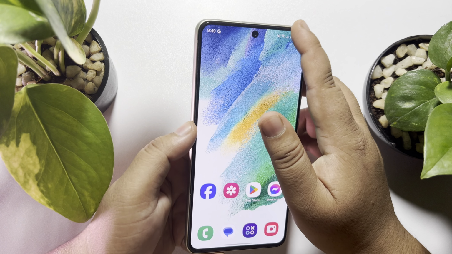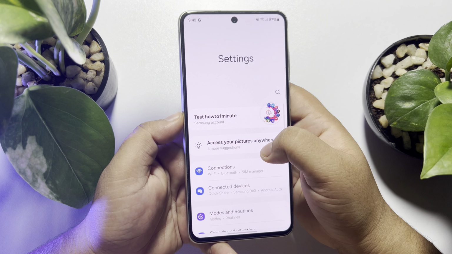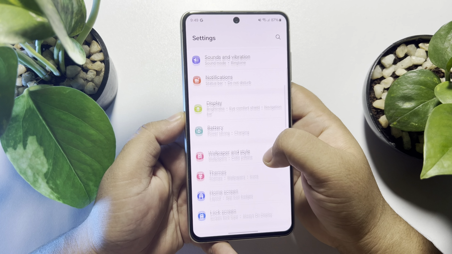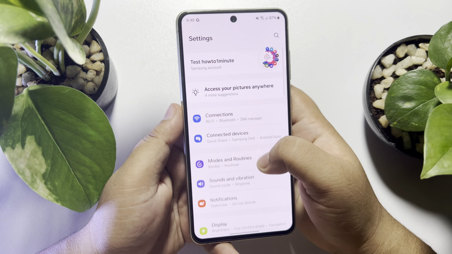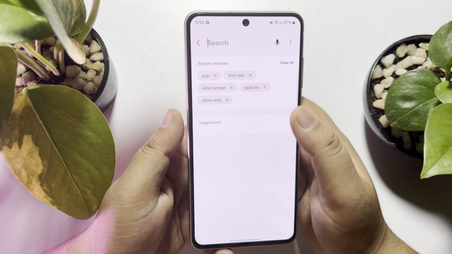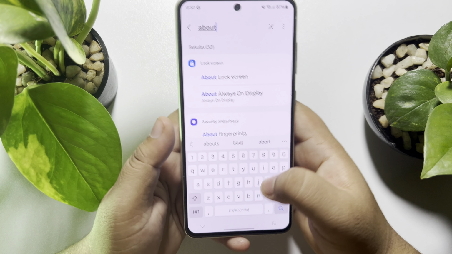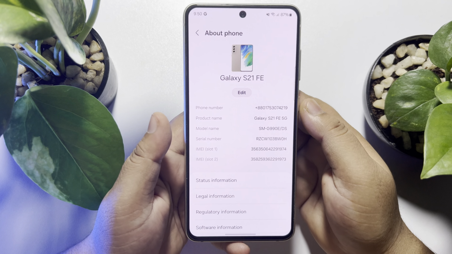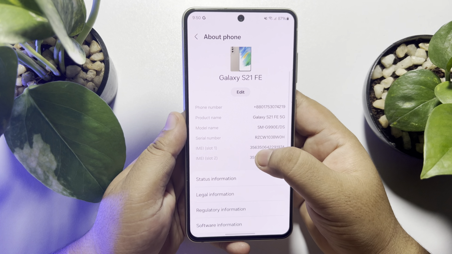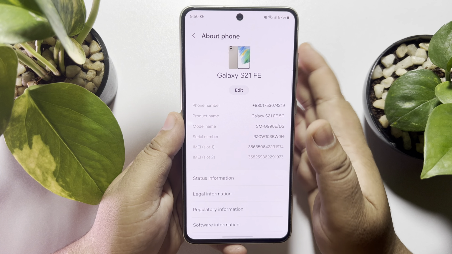First of all, go to your Android phone settings. Once you're on the settings page, scroll down and search for About Phone, or you can use the search icon to find it. Open About Phone settings, and here you will find your Samsung phone number, model